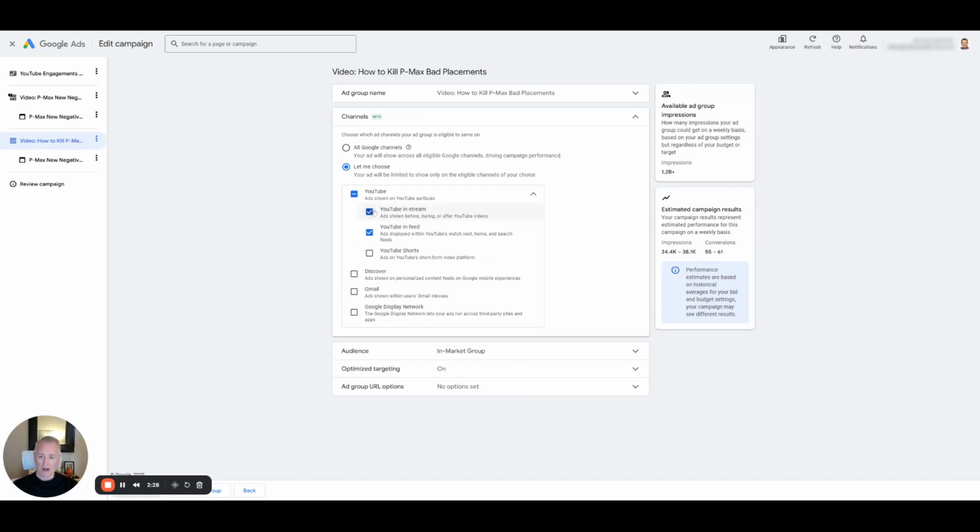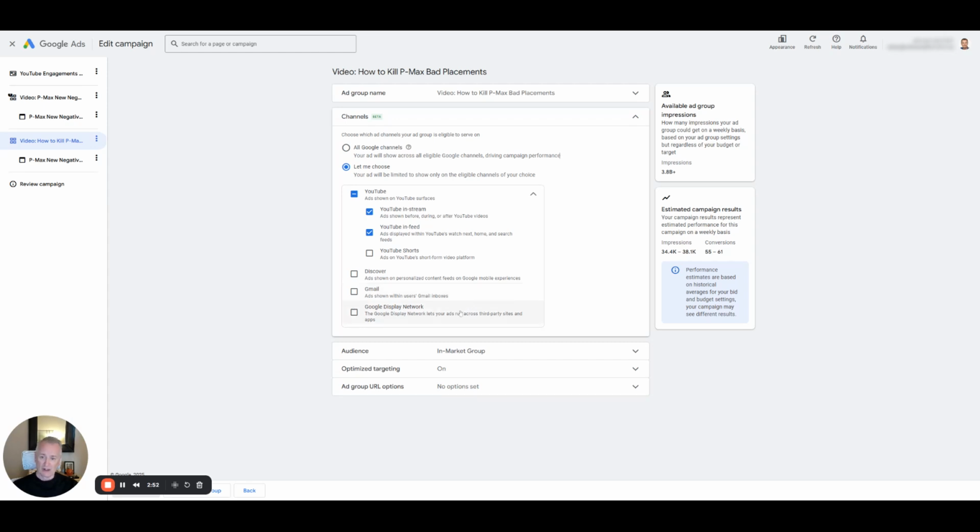So in this case, I'm running on YouTube InStream and YouTube InFeed. I'm not running on Shorts because I don't have an appropriately formatted video that I feel I'd want to run on Shorts. And then Discover, which is the Google News Feed. Gmail is obviously Gmail.